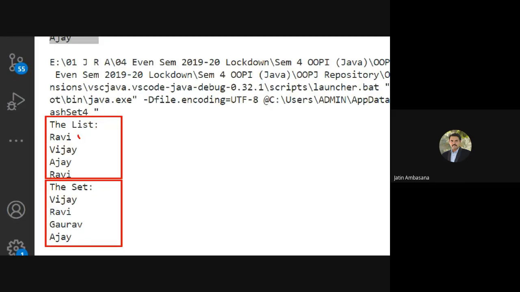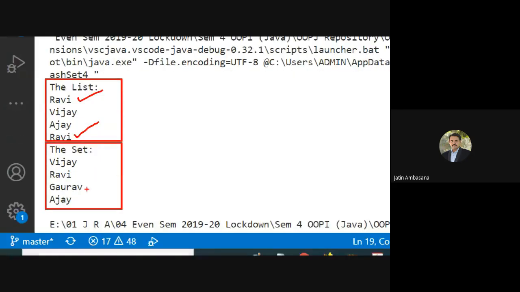You can see Ravi appears 2 times in the list. So list allows duplicates, whereas in set you copied this list and then you created the set. Okay, and you added this Gaurav also. You can see here basically there is no specific ordering also, and duplicates are also not there.